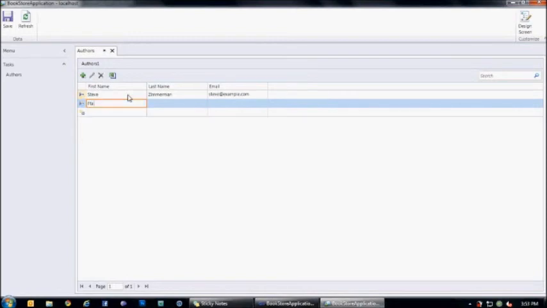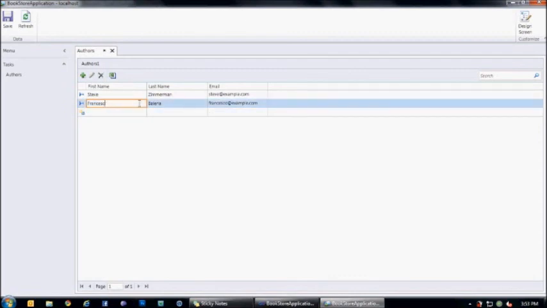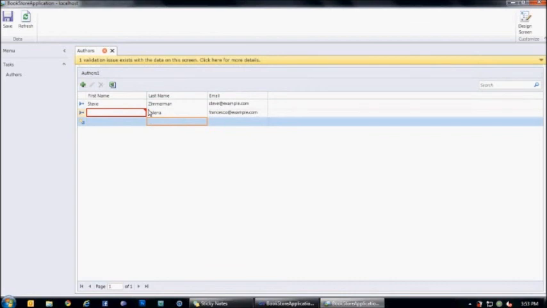Validation is going to come automatically. Pero depende. Validation is going to be based on what data type you chose. There you go. So is it required